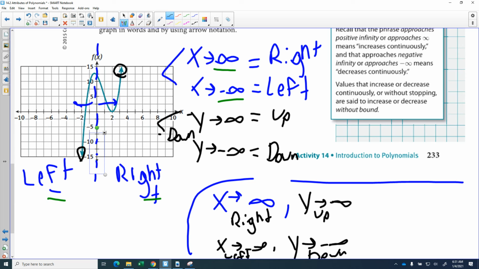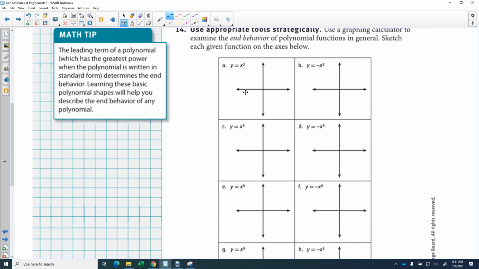Now, when we mix this all together, we're going to start looking at graphs and be able to pull all this information out. Okay, pretty soon, we're going to be able to look at a graph similar to these right here, and we're going to be able to say all these different important things about it. For example, if I look at the x squared graph, I could plug it in the calculator and get this picture here. And I could tell you it has a degree of 2,